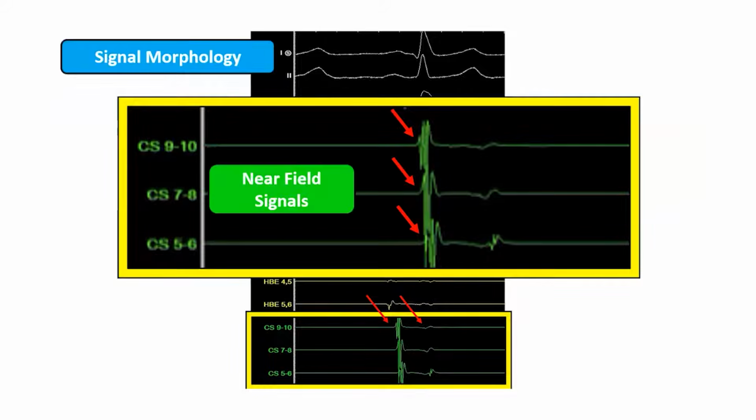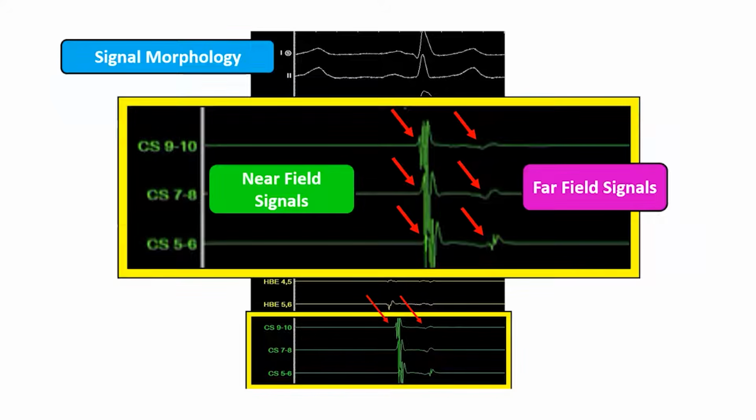That's right, these are near-field signals. They're sharp and they're narrow. Compare these to the signals on the right, which are broad and can be of lower amplitude. These are far-field signals. Our coronary sinus catheter is located within the coronary sinus, which sits along the mitral valve